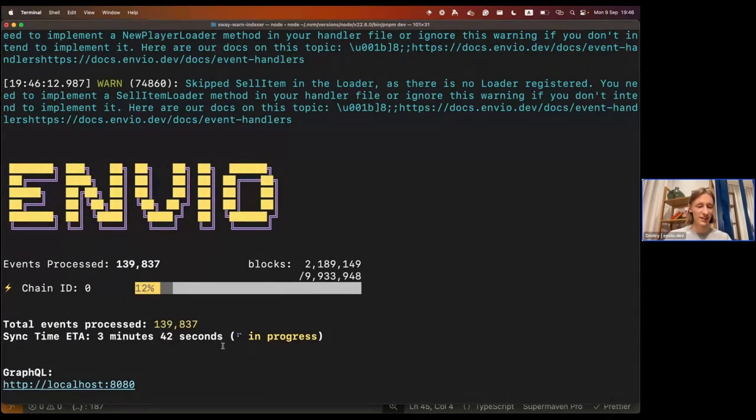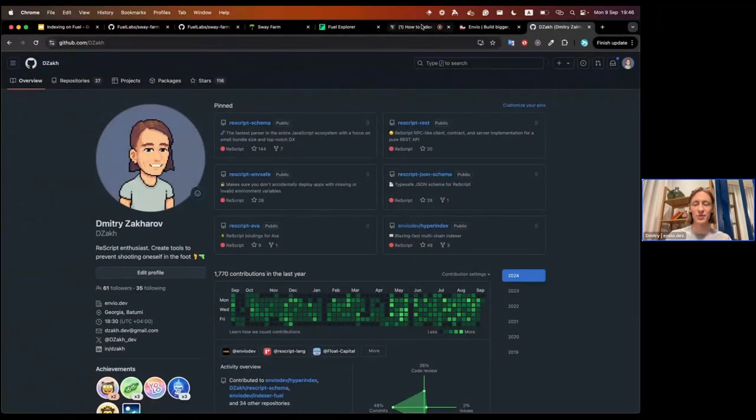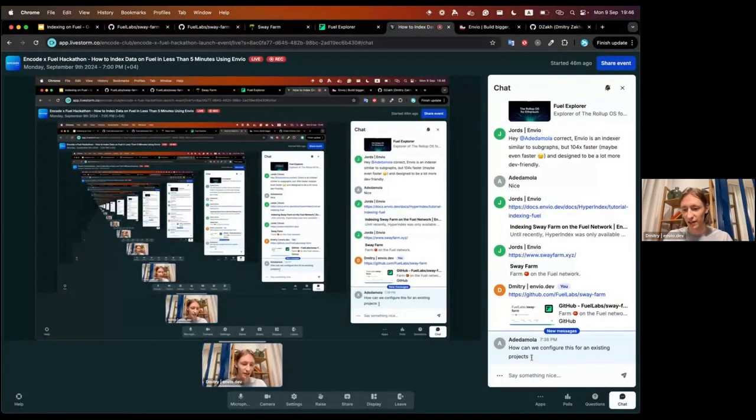And while it's processing, let's take a look whether we have some more comments or not. How can we configure this for an existing project? I might be misunderstanding what you mean, but if you have an existing project and an existing contract, what you can do is run fuel build to get the API of the contract and follow the same steps I just did, and it will create pretty much the same indexer